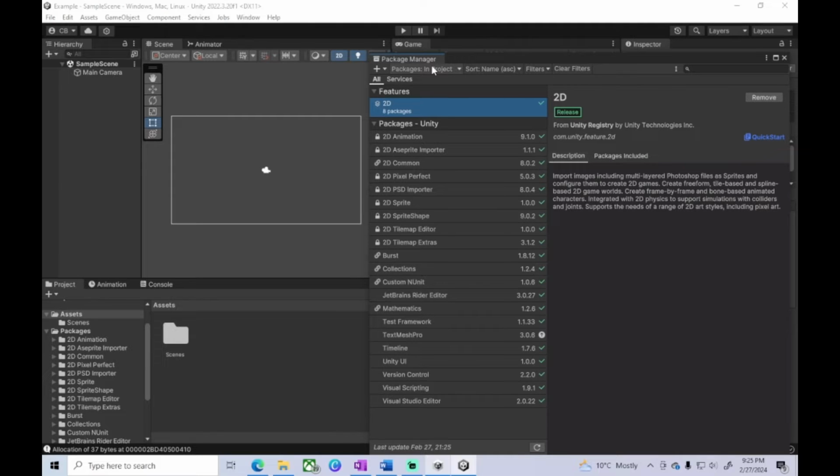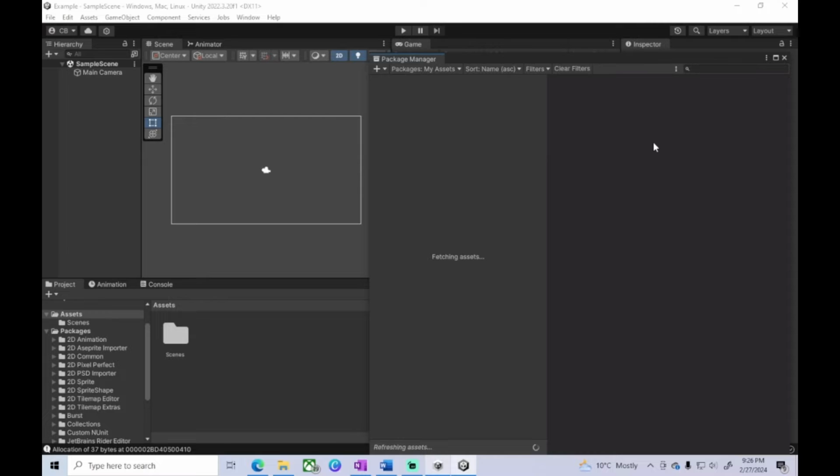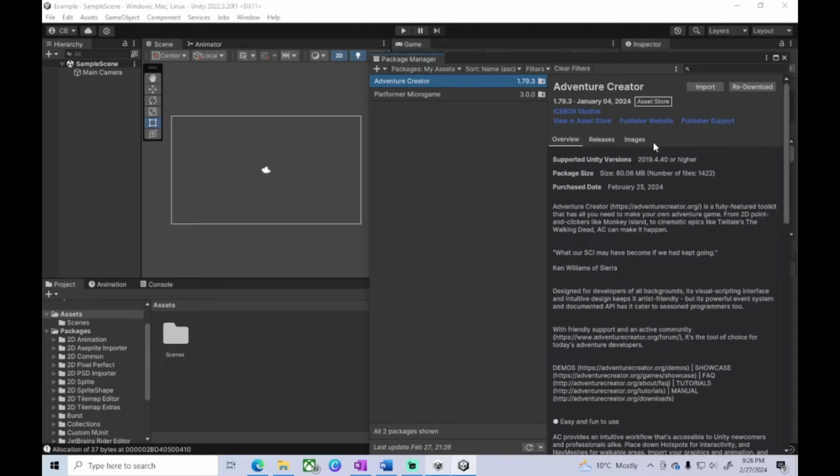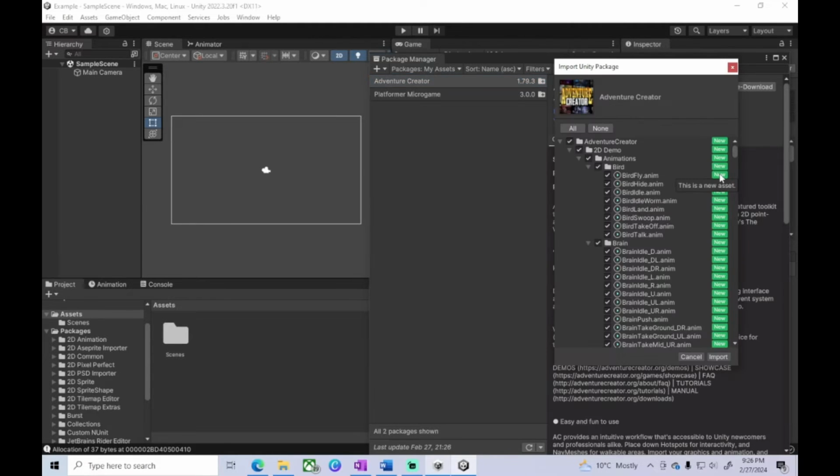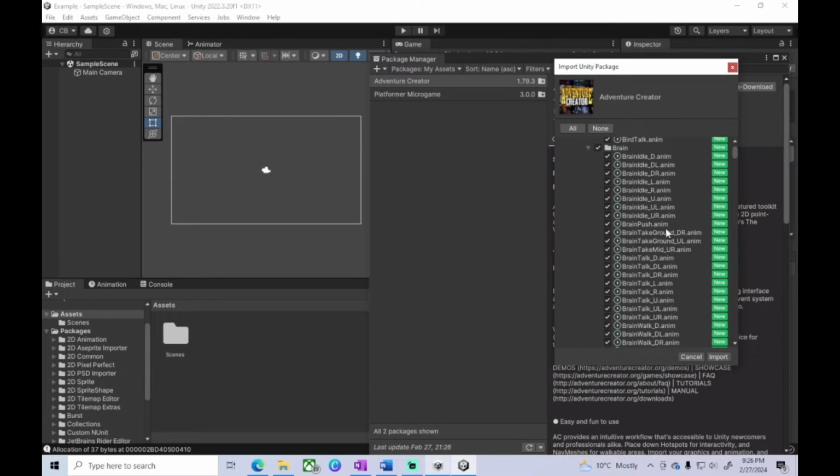So once you're all connected, you can open the Package Manager and try again and make sure that your drop-down is set to Packages, My Assets. Adventure Creator should show up, and then you can click Import and follow all the steps that we talked about. If you don't see Adventure Creator in the top menu after importing it,